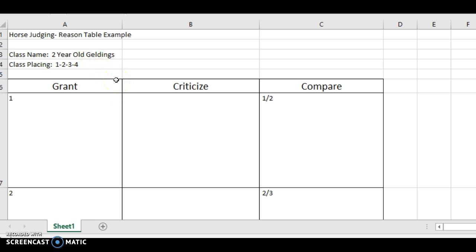Next, we will move into the 3 columns that I have specific here. Okay, so we have our grant, criticize, and compare column. In the grant column, this is where you need to basically put in all the points or the reasons for why you think this horse is good or what attributes about them put this horse specifically at the top of the class. And this is where you would put that. I recommend having at least 2 grant